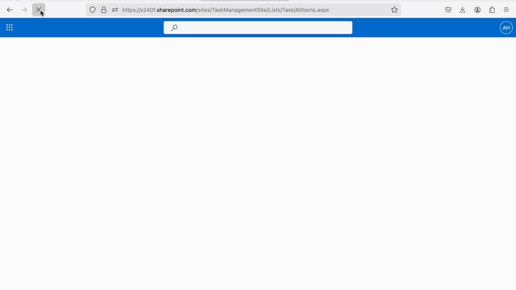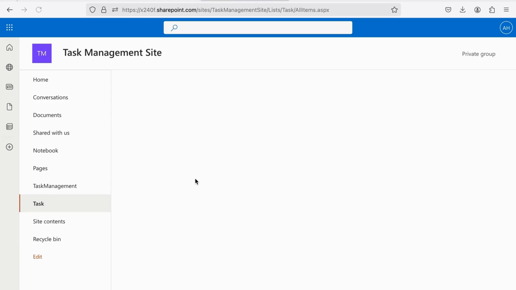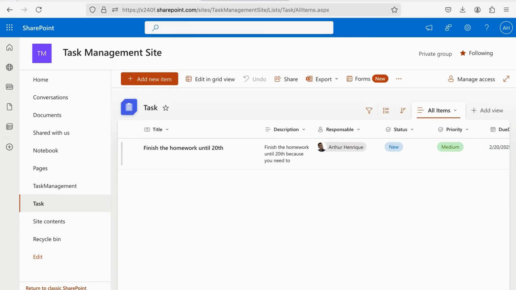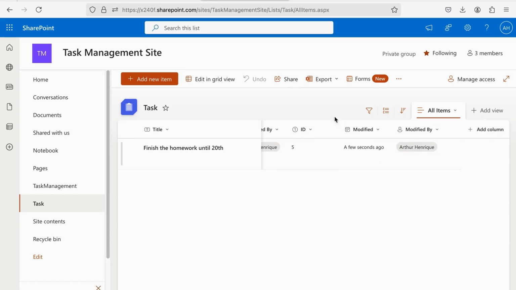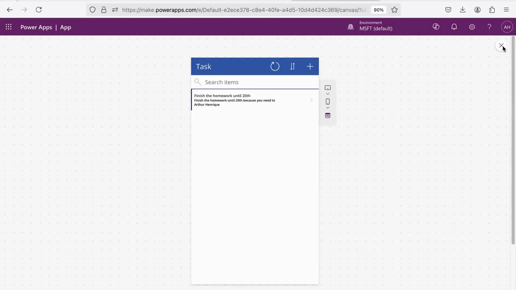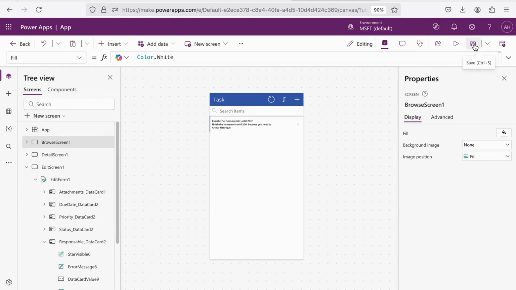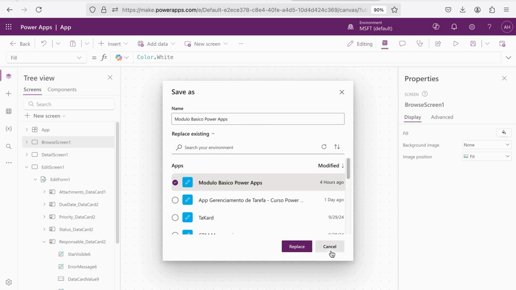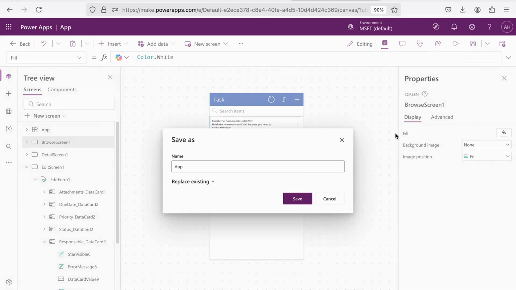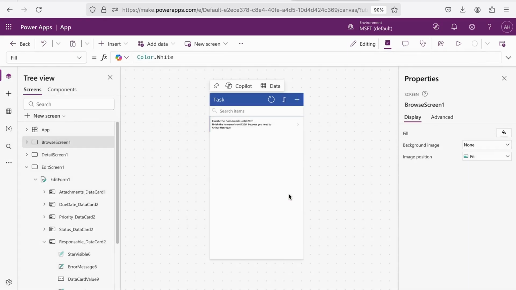Let's see. It's here. Nice. So we have our record over here. Nice. So let's save this app and publish. Let's save over here. It's gonna require us to give a name. So we just give it a name, task management app. Save it. And once it's saved, we're gonna publish. So publish